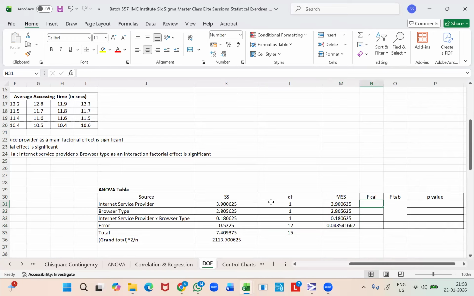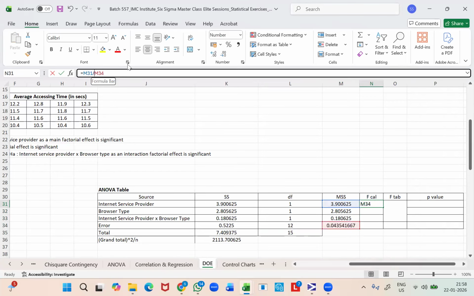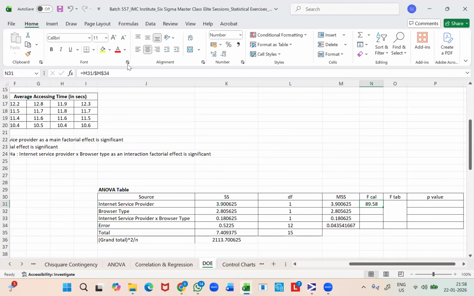And now I can calculate the F calculated value, which will be the mean sum of squares of the factorial effect divided by the error mean sum of squares. So the error mean sum of squares can be frozen because that is going to be a constant denominator for the other factorial effects as well,